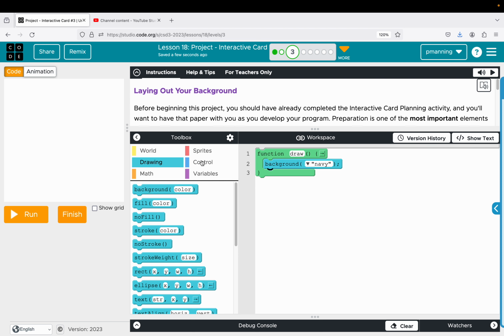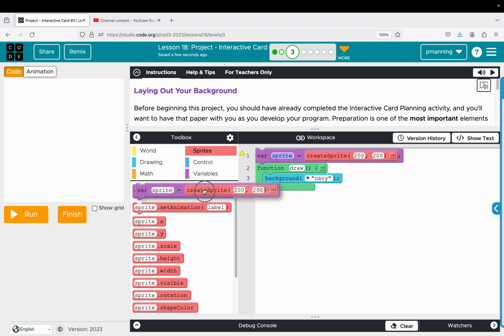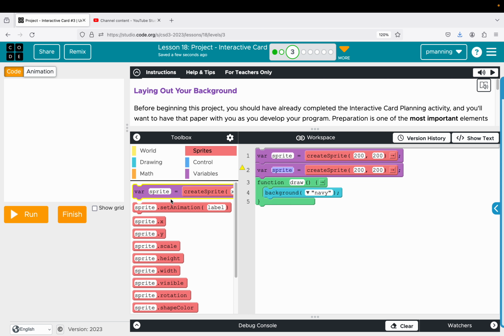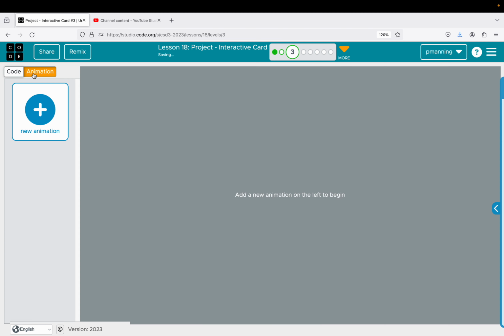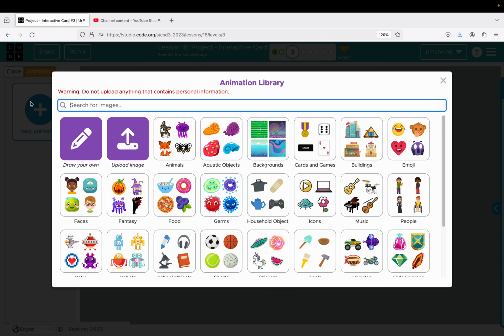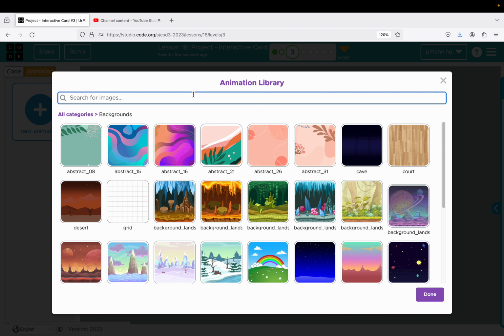All right, I'm going to create some sprites, and I need 3. So I'm going to go ahead and drag 3 out there. Okay, and I'm going to look for inspiration because, since I did that navy blue, I'll tell you what, I'm going to change up what I was going to do, try to have some fun with it. So I'll change my, let me look and see if there's a background